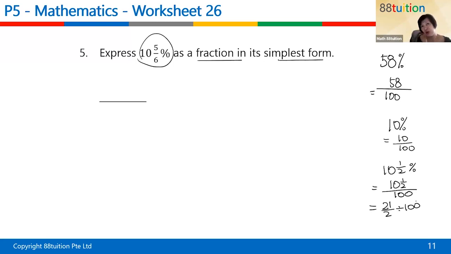Then instead of dividing over, you divide by 100. So remember this one, we say keep, change, and flip. Flip 100 over 1 into 1 over 100. And that's where you get your 21 over 2 divided by 100. You should get